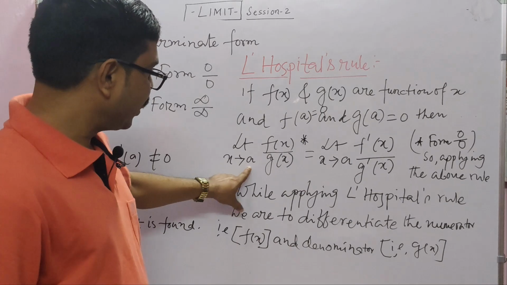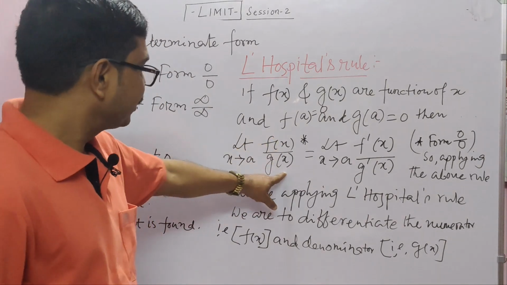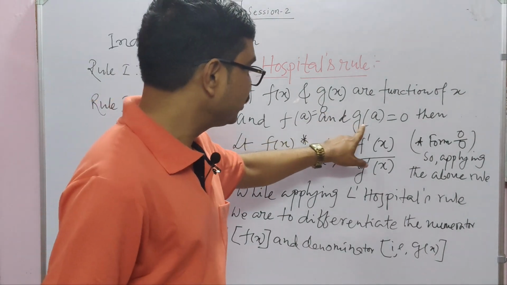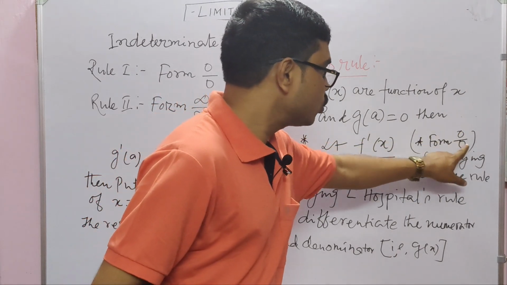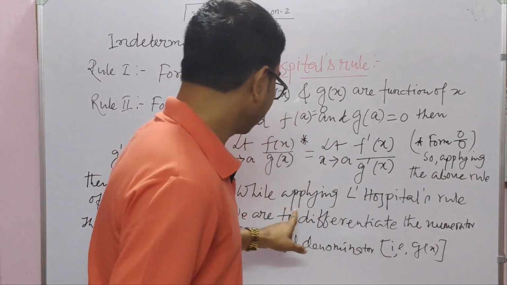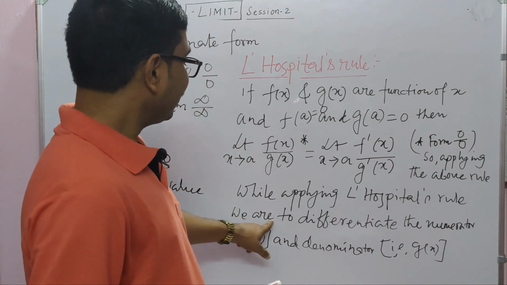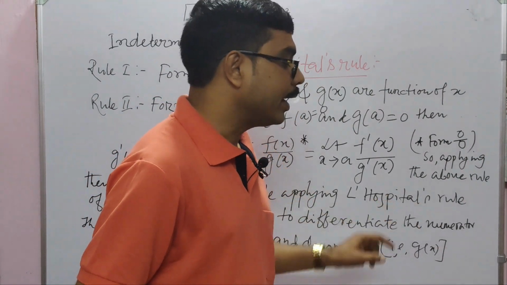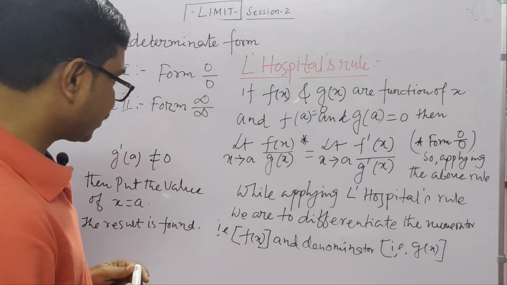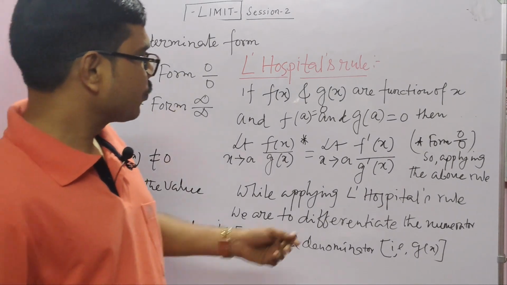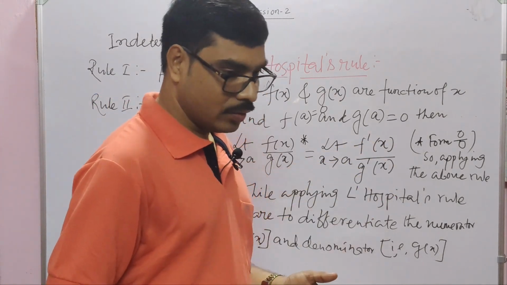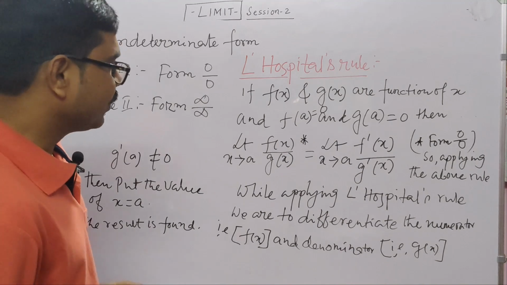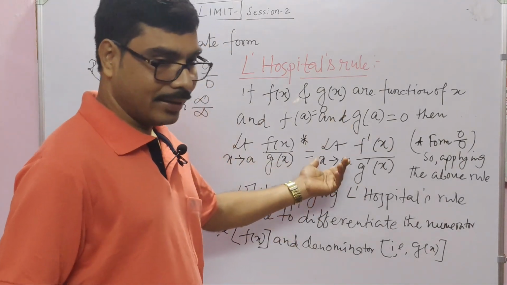অর্থাৎ লিমিট এক্স টেন্ডস টু এ এফ অফ এক্স বাই জি অফ এক্স, that is the form f of a by g of a, f of a equal to 0, g of a equal to 0, that is form 0 by 0. So apply the above rules, that is the L'Hopital's rule. We are to differentiate the numerator f of x and the denominator, that is g of x. And now we ensure that these rules again apply f dash a and g dash a. Now we find that the 0 by 0 ফর্ম আছে কি নেই।